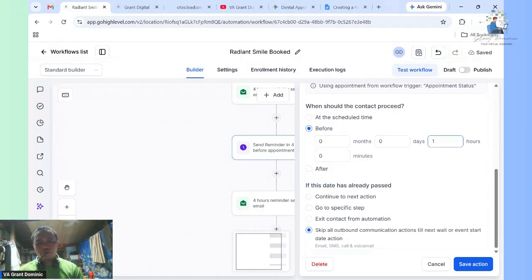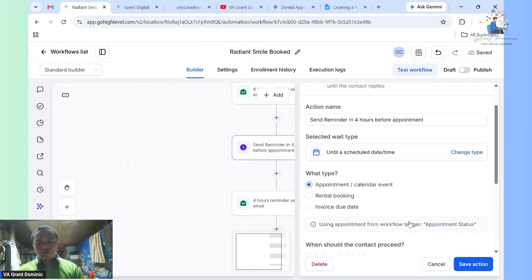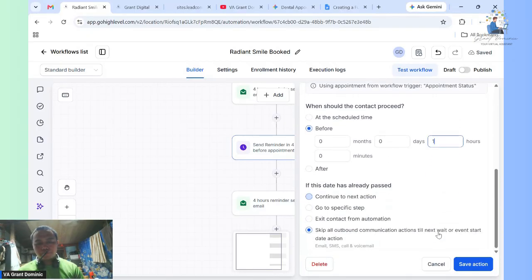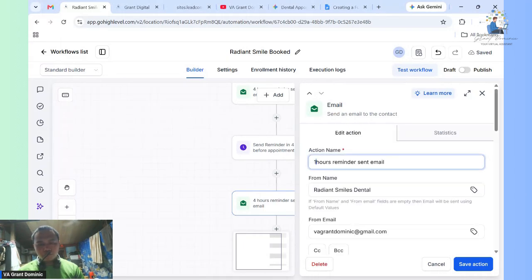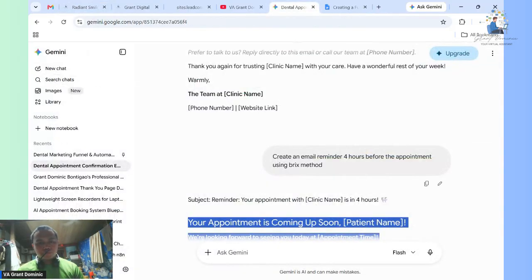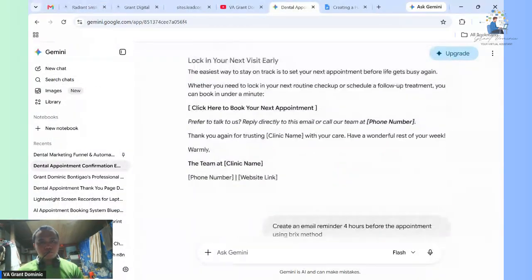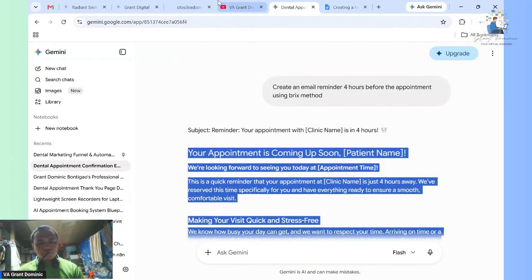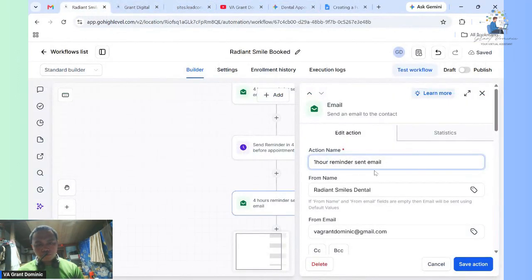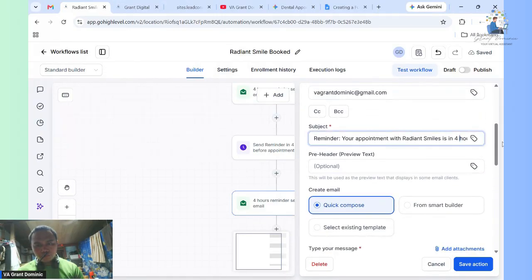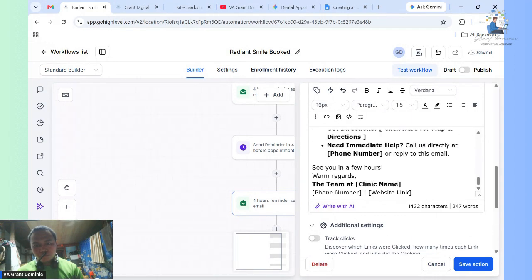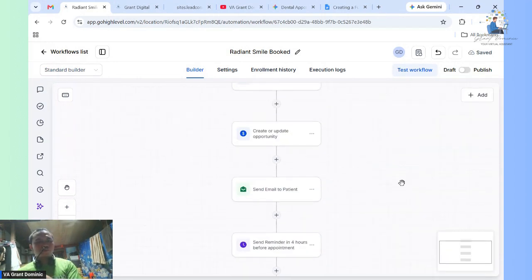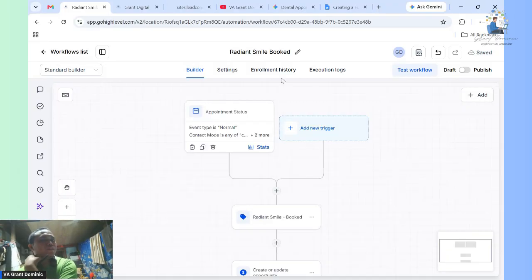Just like say 1 hour. 1 hour. Just like that, we've created an automation for the Radiant Smile book.